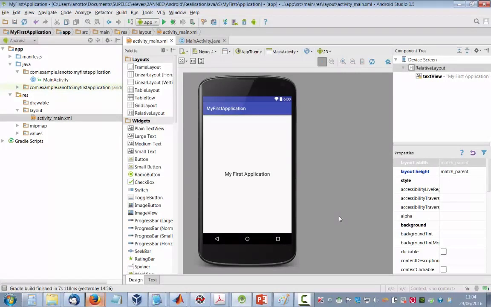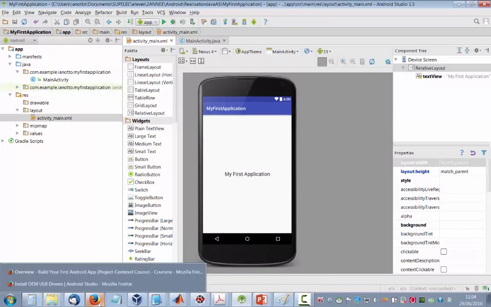It is also possible to launch the application on a physical device. To transfer and run the application on a physical Android device, you first have to install the appropriate USB driver on your system, on your PC. Instructions to install the appropriate USB driver on your system can be found at the following web page.